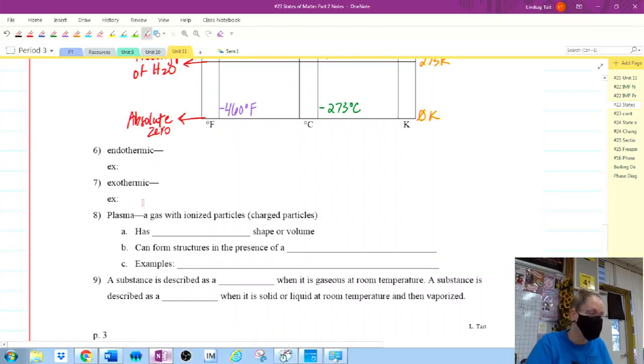It's called endothermic and exothermic. You can remember thermic, like thermal energy, heat, right? And then endo going in, exo going out. Exo like exit, right? Endo inside. Okay, so let's define these words and then let's apply them to our different phase changes. An endothermic is a reaction or process